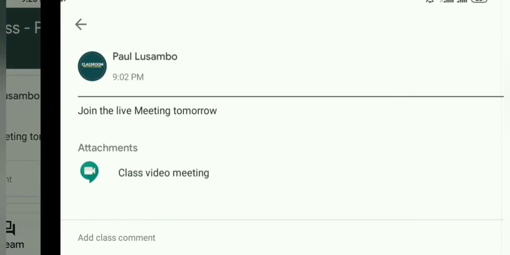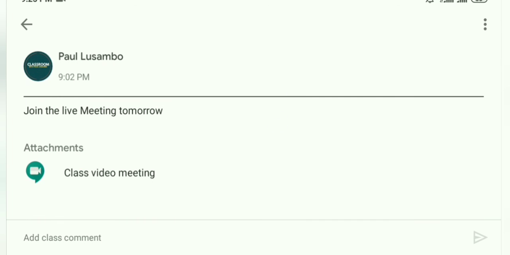So if they click this link, as you can see here, join the live meeting tomorrow. You can see here there is an attachment which shows the Google Meet logo. So once they click that, they'll join the meeting directly. So they'll click that link. You can see